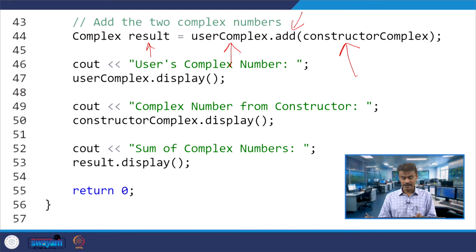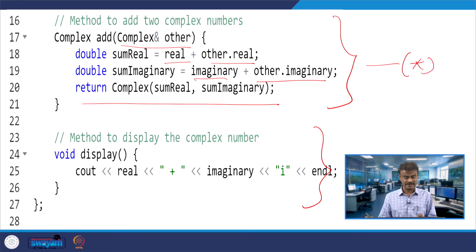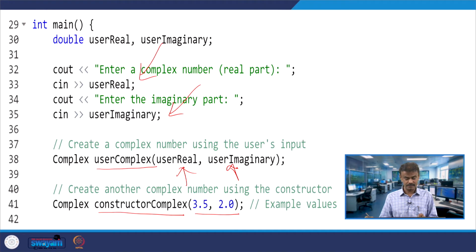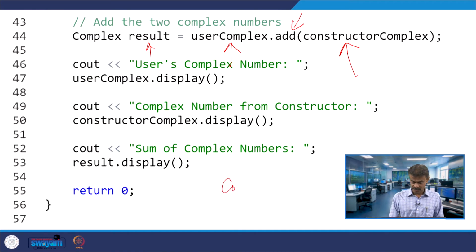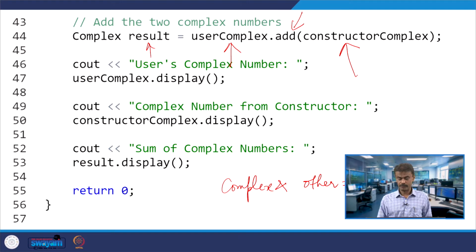So, if you look at the syntax, it goes like this: complex reference other, which will be equal to constructor complex.